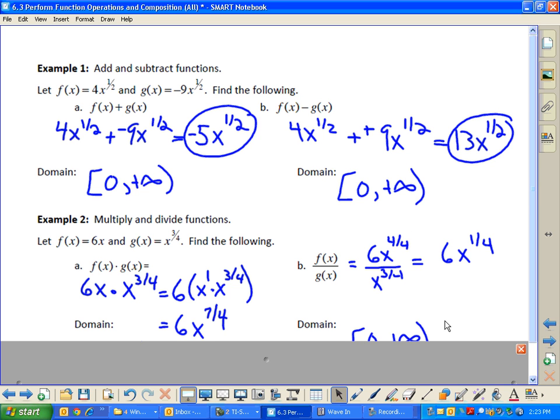And why I did that is because I have to subtract my two exponents. So 4/4 minus 3/4, that's just 1/4. So I get 6x to the 1/4. And then I went ahead and graphed these